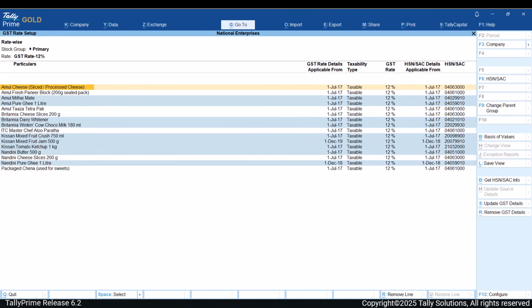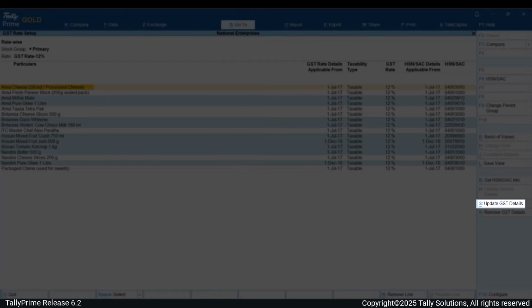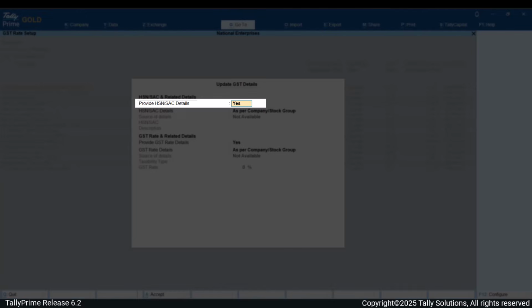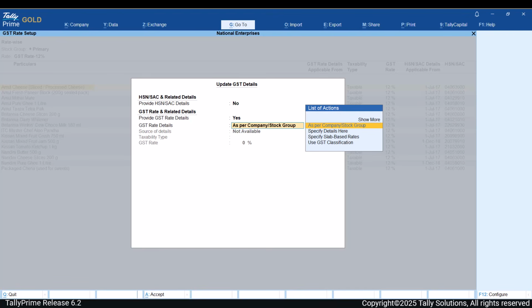To change the rate of selected items, press Alt-S. Set the option Provide HSN SAC Details to No. This ensures that we are not altering the existing HSN details of the selected items.